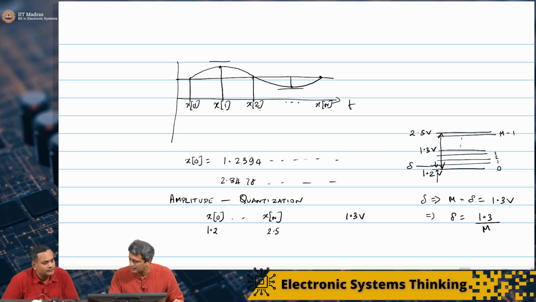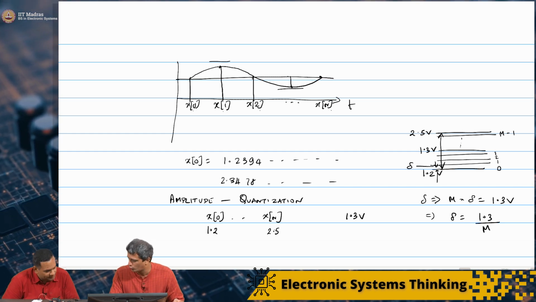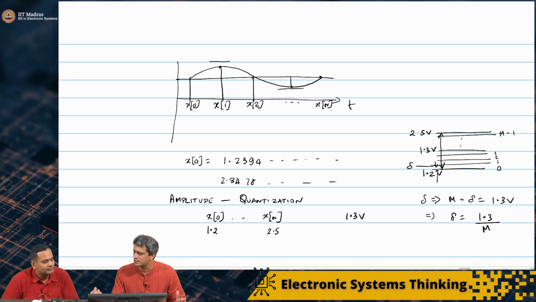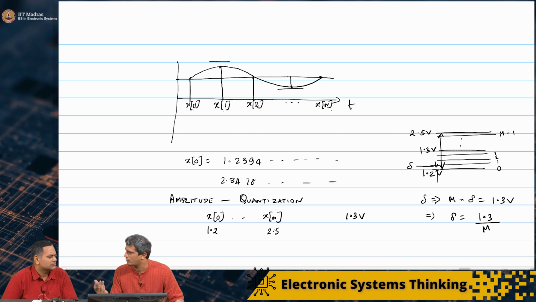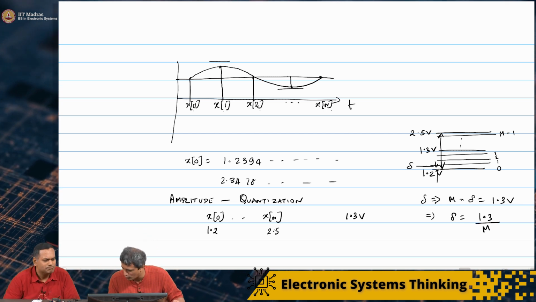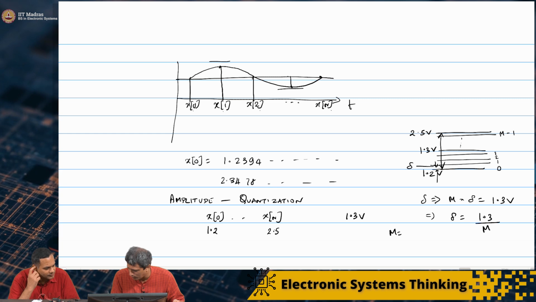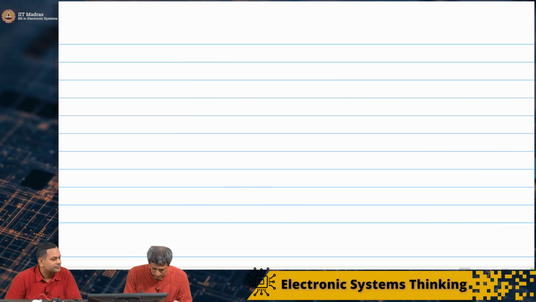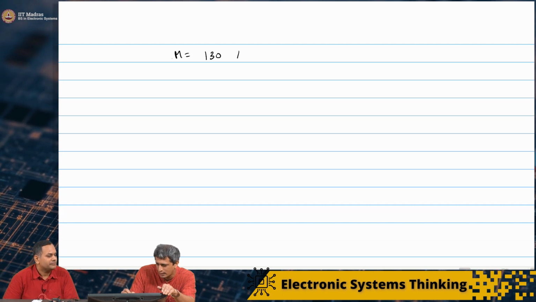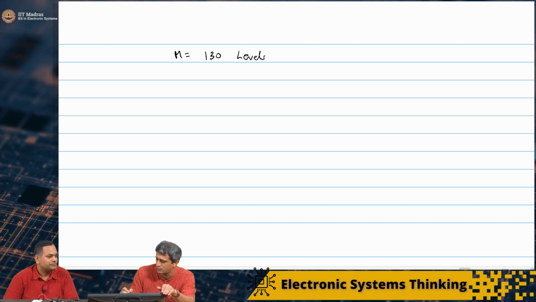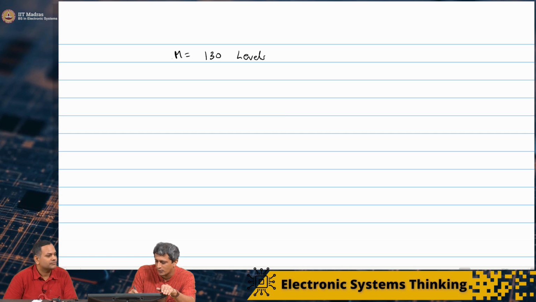So what does this mean? If this is 1.2 volt, then the next one. Let us pick a nice number. Let's say we have 130 levels, because I have 1.3 volt. I'm just going to make it easy. So I'm going to say m equals 130 levels. And my range